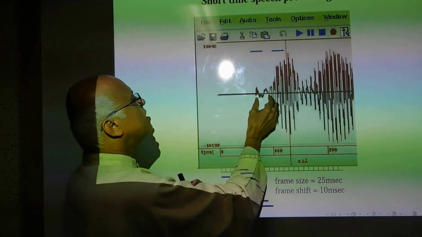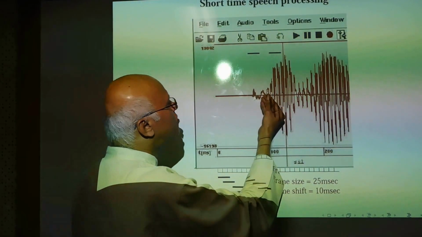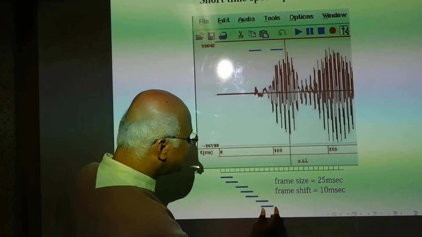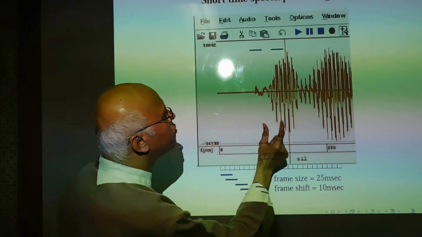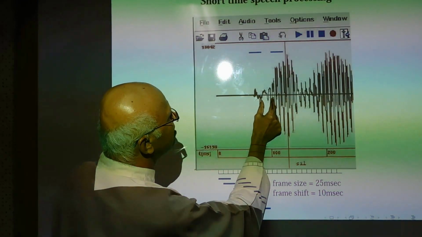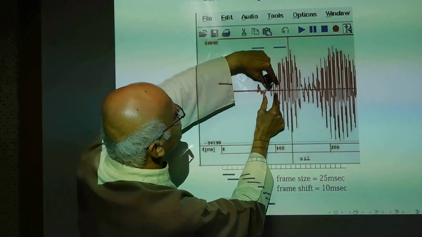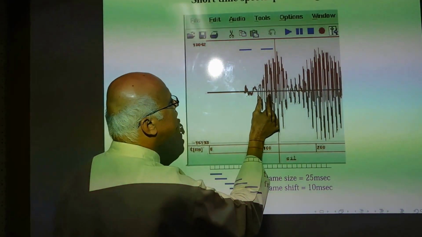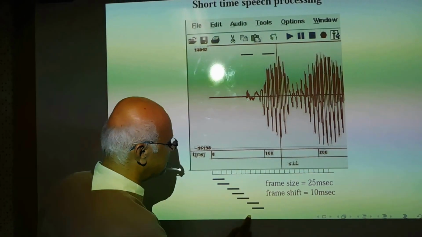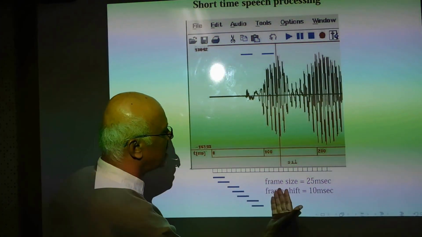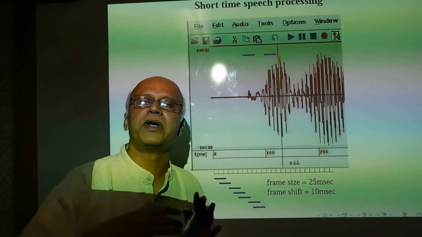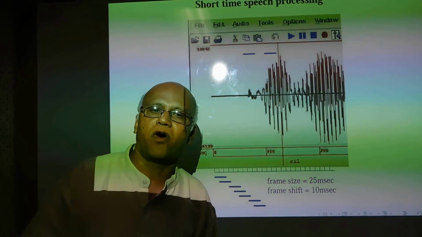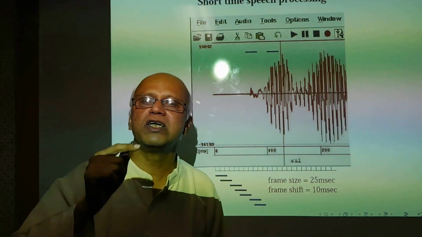You cut it out and analyze it, do a frequency analysis, find out its properties, and then you move your analysis frame by 10 milliseconds and do a similar analysis of this segment of speech. Every time you keep shifting this frame by 10 milliseconds. So every 10 milliseconds you extract properties of that particular segment of audio,